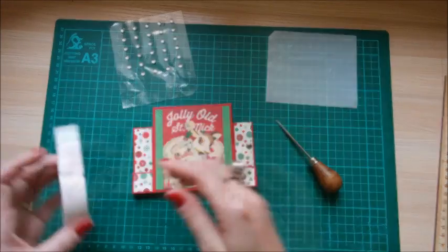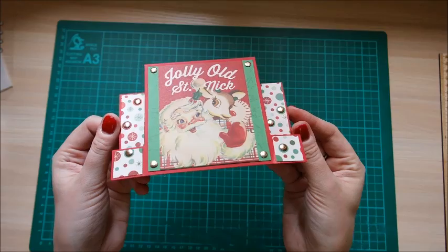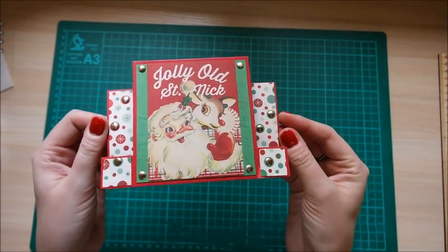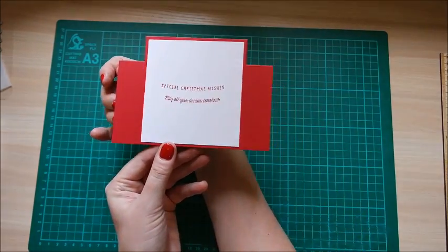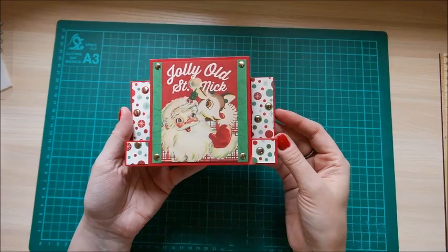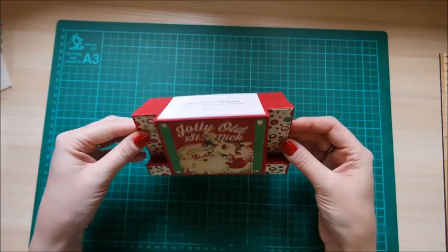So I'm just going to stick some more of those down. And there you have it. Just finished it off with some lovely little embellishments there, which I just think finishes it off perfectly. And I really like that. And there's the back then to write the sentiment. So it's quite straightforward. It was all around this lovely image here that I just fell in love with and used the matching papers. So I hope you enjoyed this